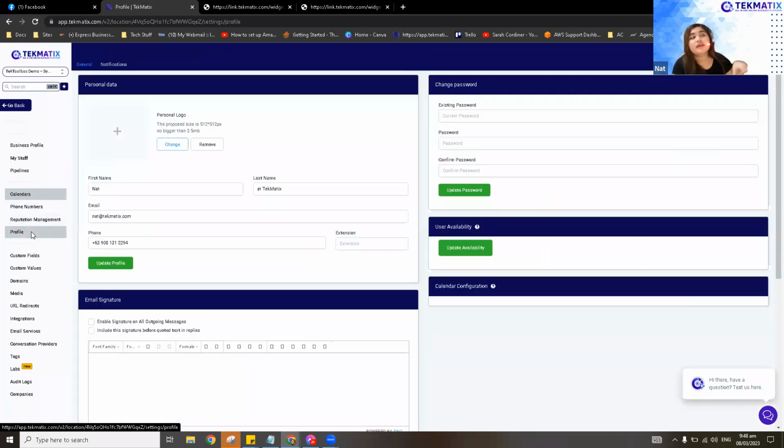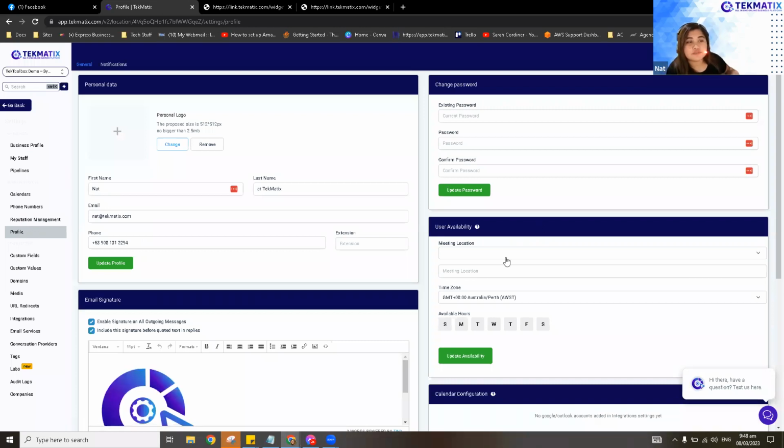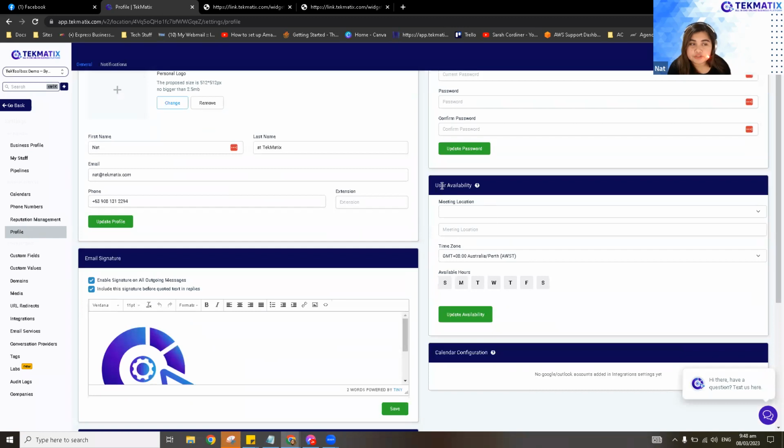You see profile. Click on that one. And what you need to do here is set up your user availability. In user availability, please set up the exact time zone you are currently in so we can have accurate timestamps. So let's do maybe CST.